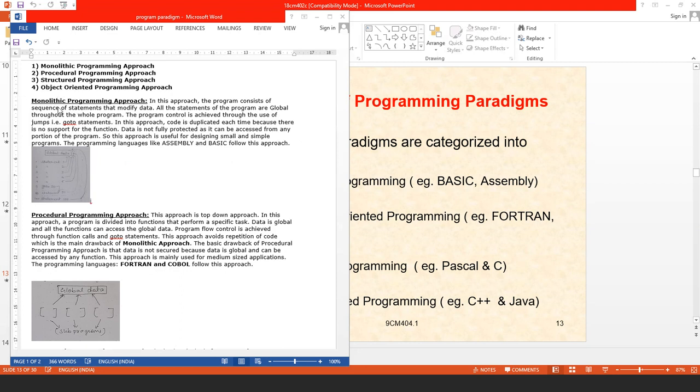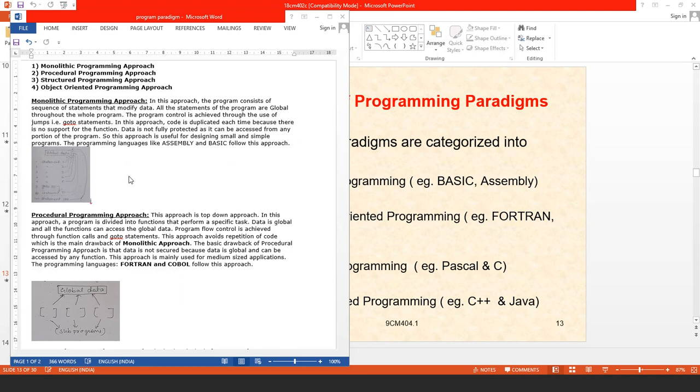In monolithic, mono means one and lithic means related to stone. As the stone is one, although it has some 100 statements, all these statements are considered as a single unit, and all can access only the global data, which is shared by all the 100 statements.